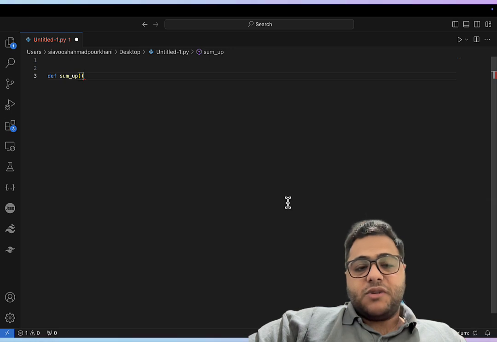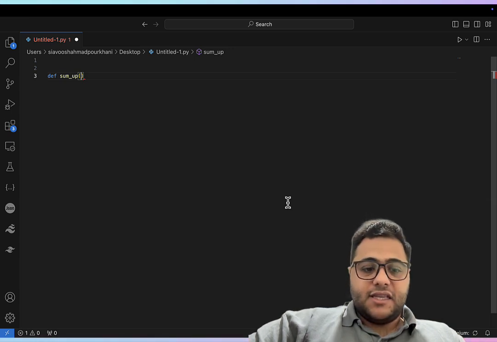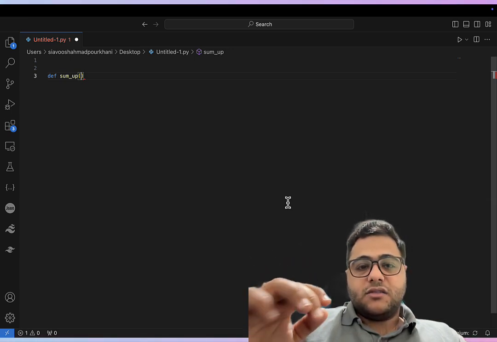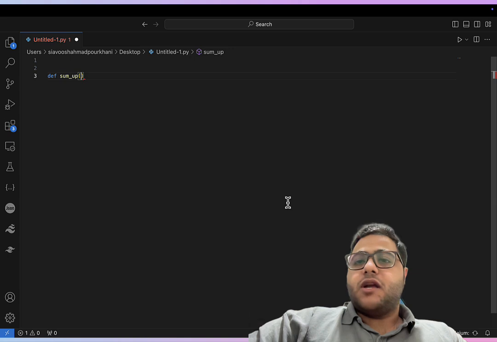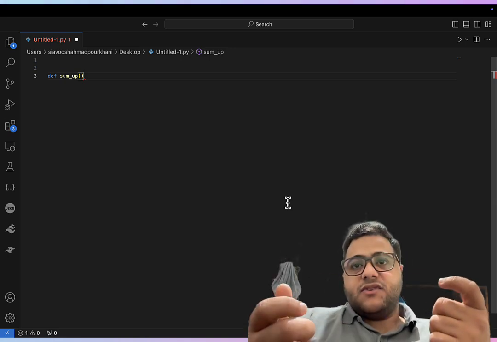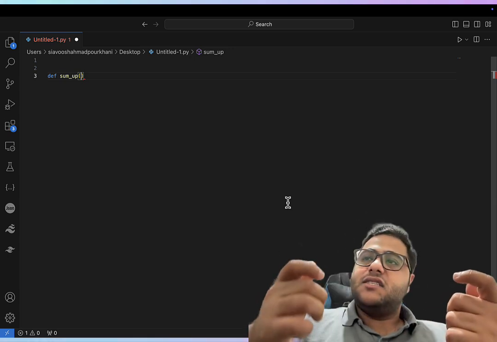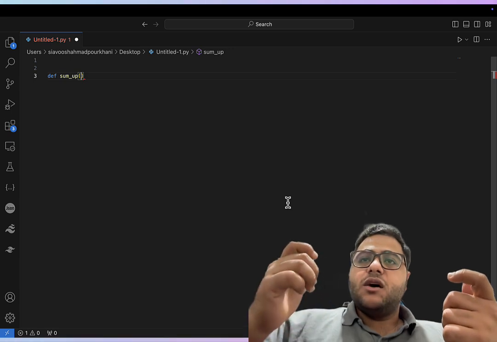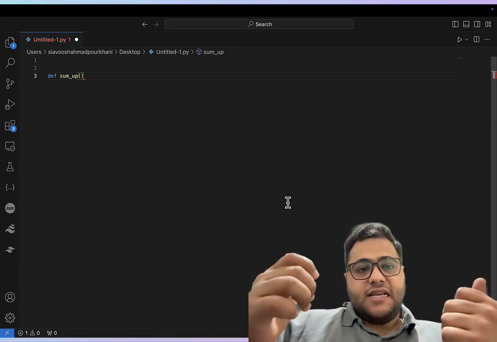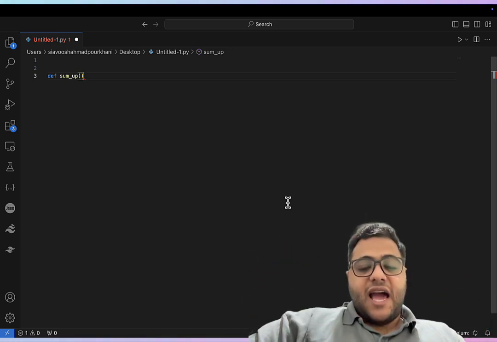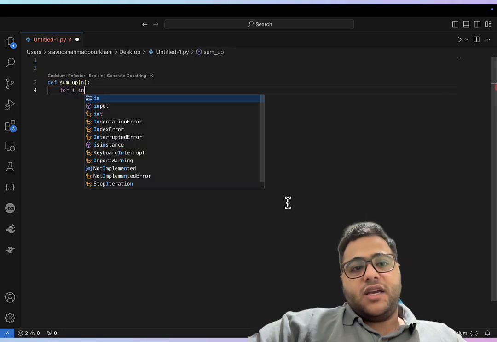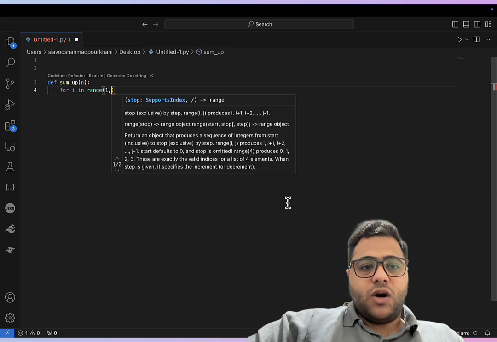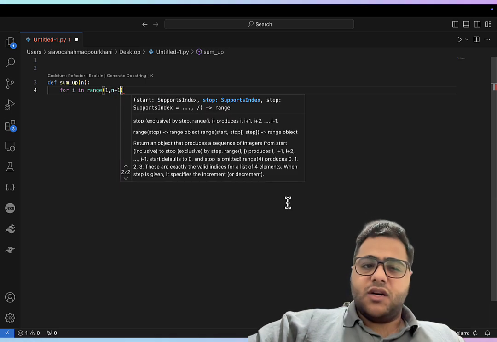If we want to sum up the numbers between 1 and n, we pass n as an argument. That is the last element that we want to add, so I'm going to call it n. And for i in range of 1 up to n plus 1,